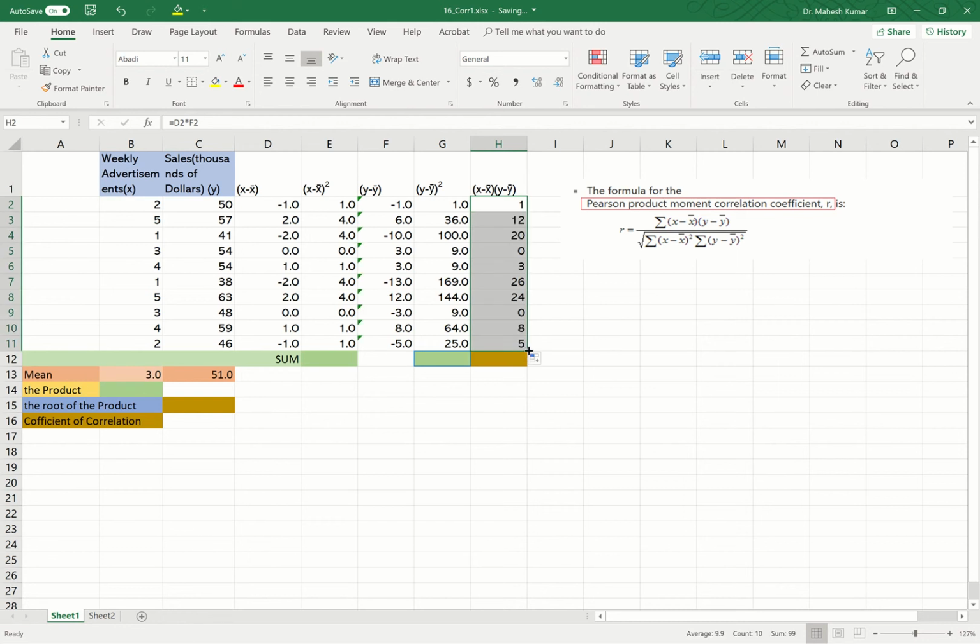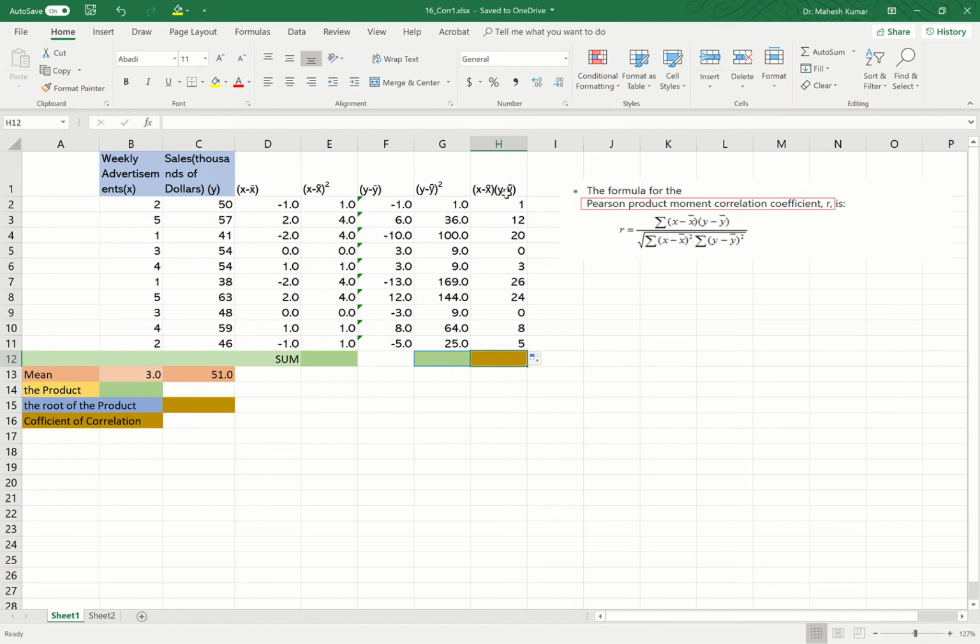So these are the calculations now. So what we are doing next is, we need for the numerator part sum of this here,